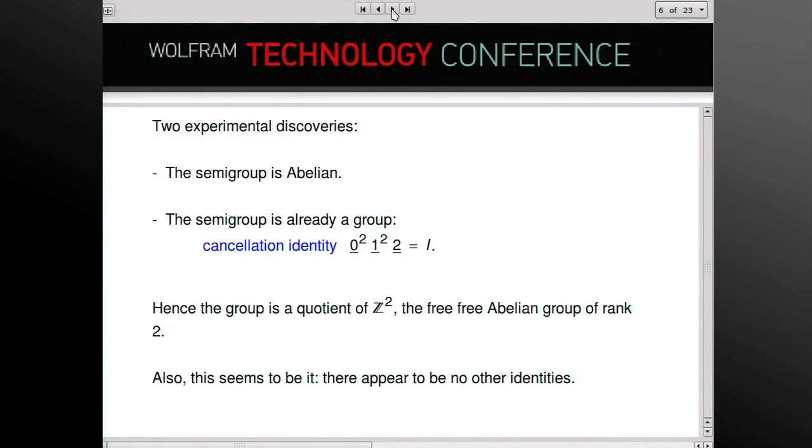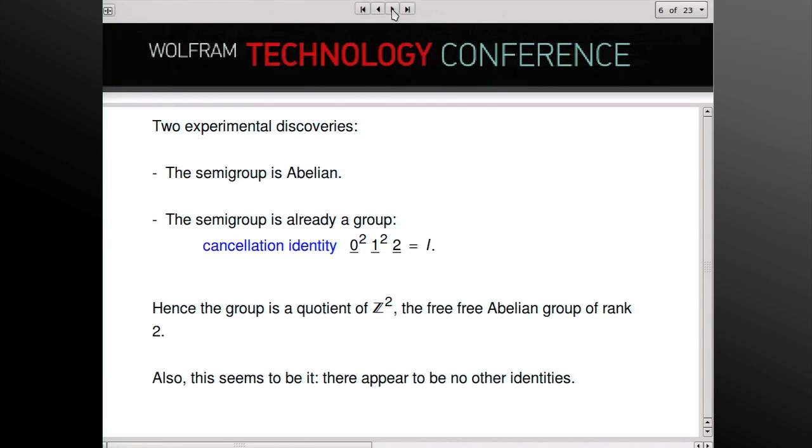So it doesn't matter whether you apply function 0 underscore first or 1 underscore. You can always rearrange them. So that simplifies matters quite a bit. But the real discovery was this identity, which I really had no idea was going to pop up there. If you take the function that you get by moving the initial state to 0, you apply that twice. And then the function that you get from initial state 1, apply that twice. And the function that you get from initial state 2, all those together are just the identity,